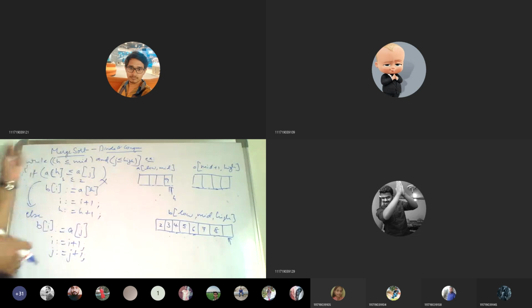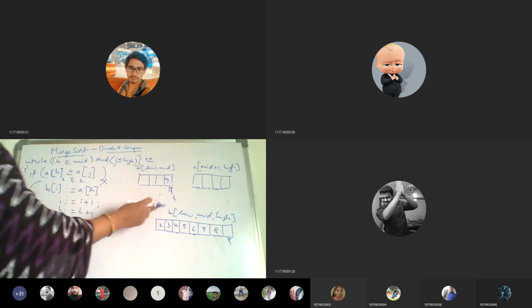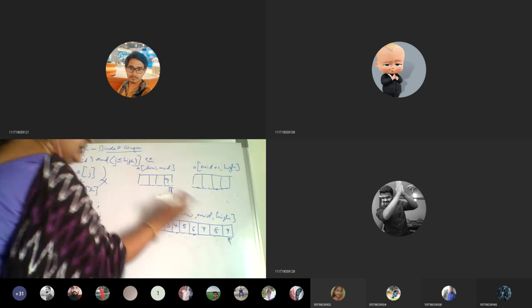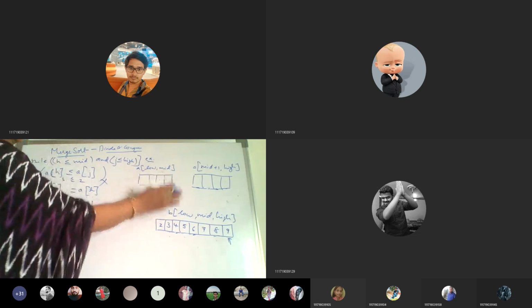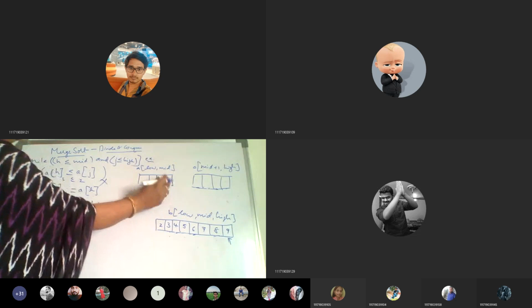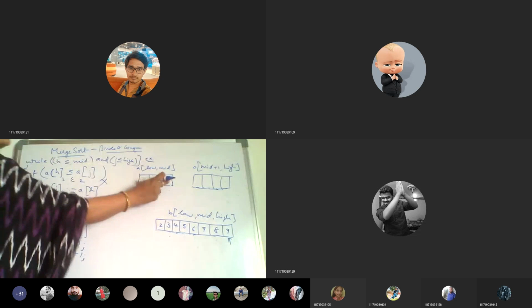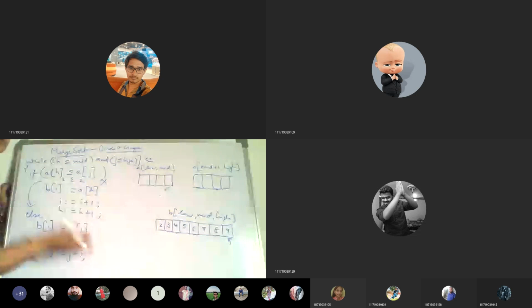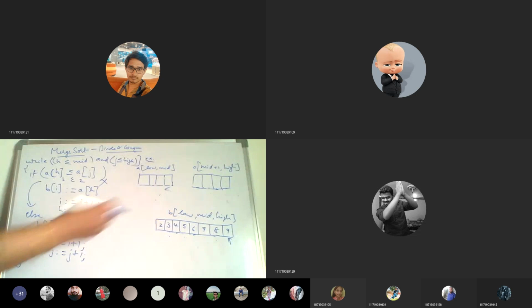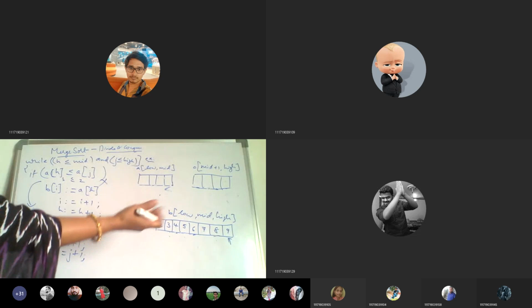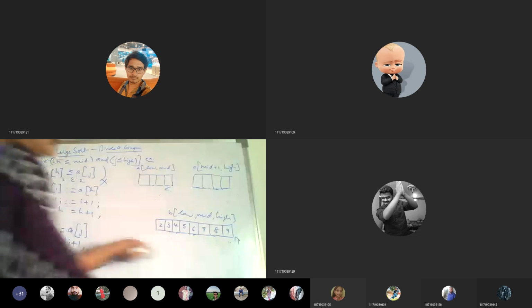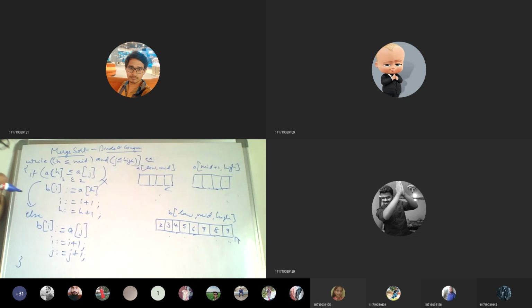Since the pointer should not go out, and since only the last element is there when it is compared, that is only 9. And the pointer will point only till H less than or equal to mid. So mid was pointing and this is also copied, so it will stop there. And for the pointer for B also, whatever the number of combinations it is having will be done. Is the procedure clear? Merging technique, all of you?